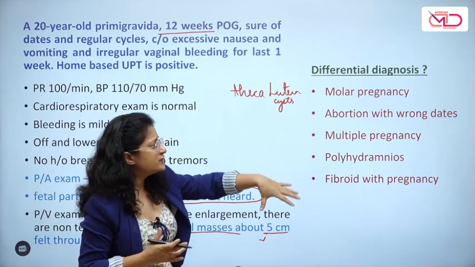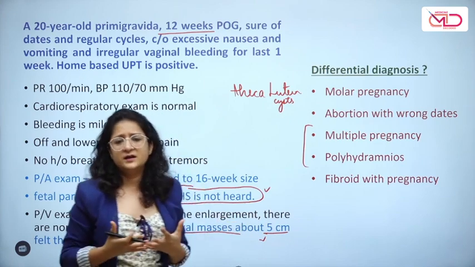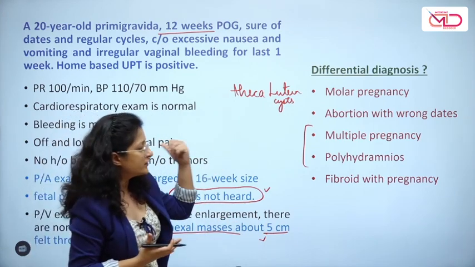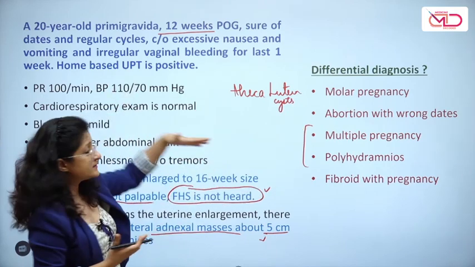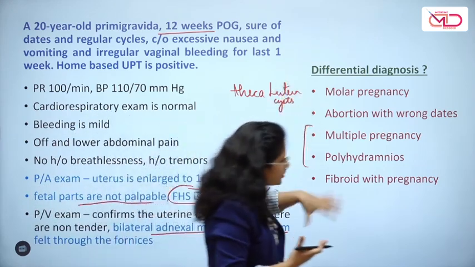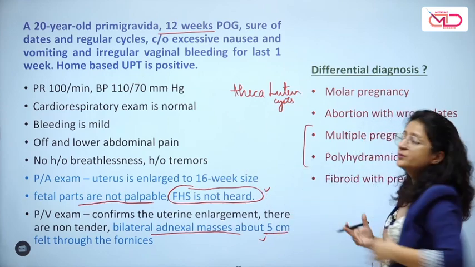Even with a polyhydramnios, you should be able to auscultate the fetal heart rate at 16 weeks by a handheld Doppler, even in these scenarios. And multiple pregnancy will also have excessive nausea and vomiting, that's also there. But based on this current entire clinical profile,